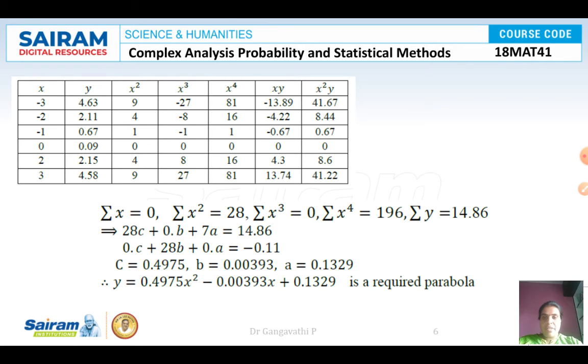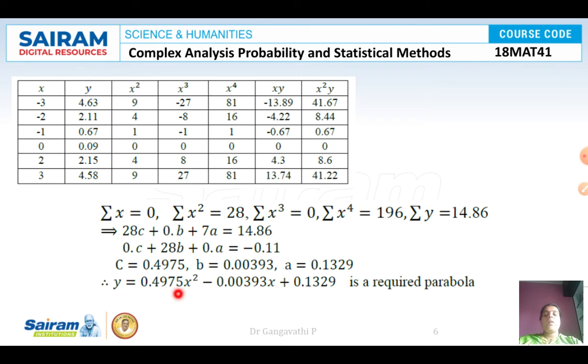might have entered somewhere here, and the sum of all the values of x square y also must be taken into consideration. So once after writing all those values, you have to substitute them in the normal equations. The normal equations are the first equation, the second equation, and the third equation. So all the three equations you can take together, and the values of C, B and A are obtained like